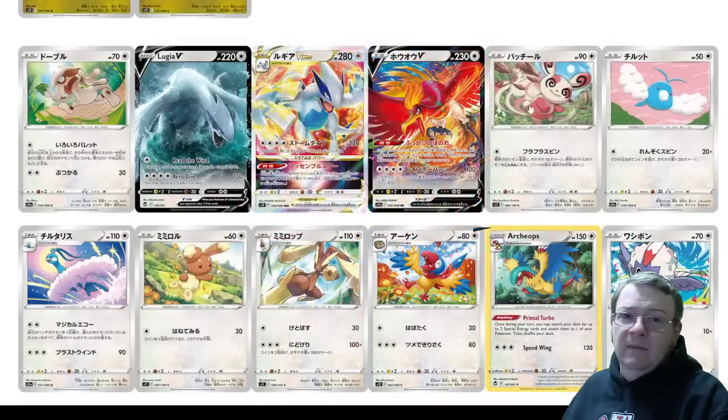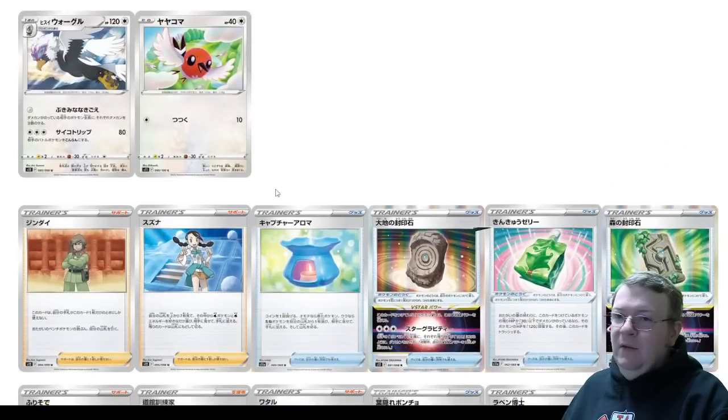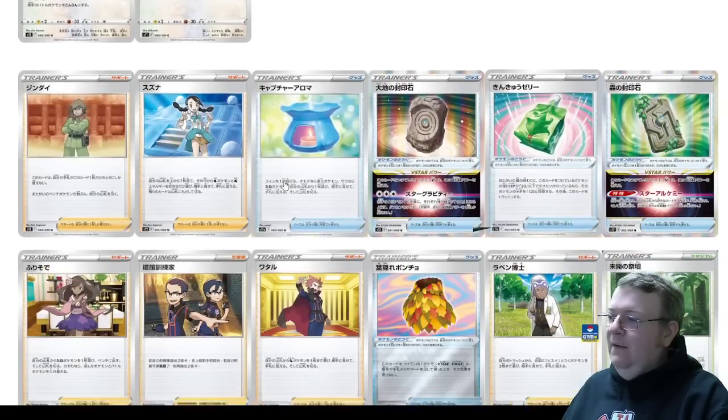Lugia, obviously the big chase for this set. The V and the V Star are going to be seen in play. It has colorless typing, so it's going to have some versatility to be maybe dropped into some things that have space for it, or just run its own thing. We'll see. But it is a very good card, very interesting card, and of course, being the poster for the set with the Lugia,